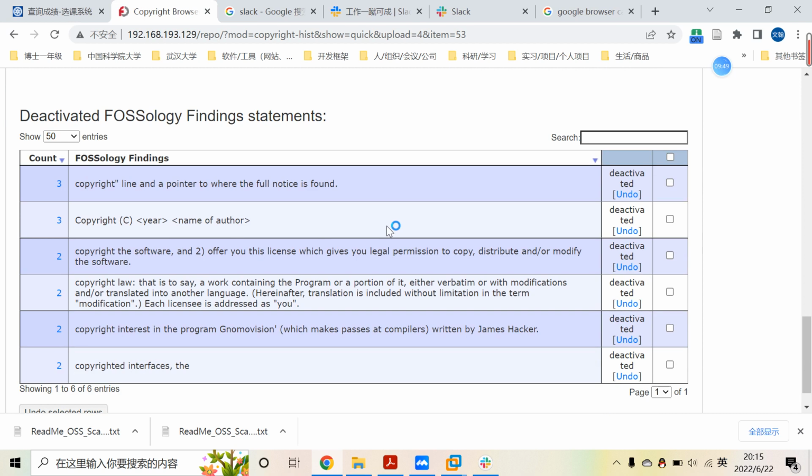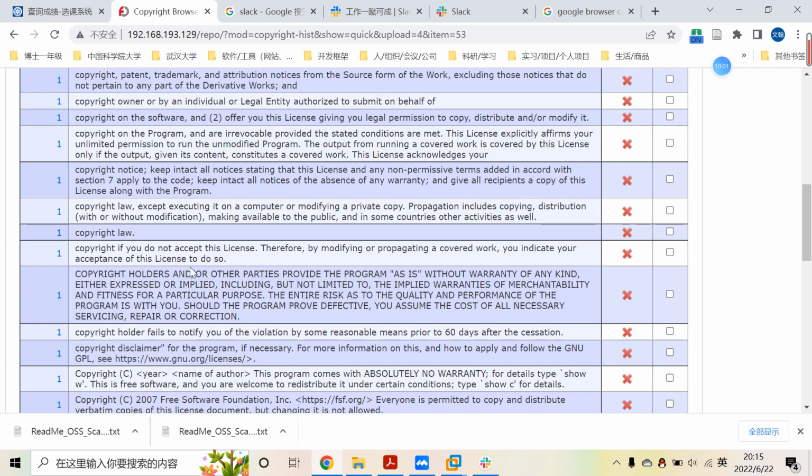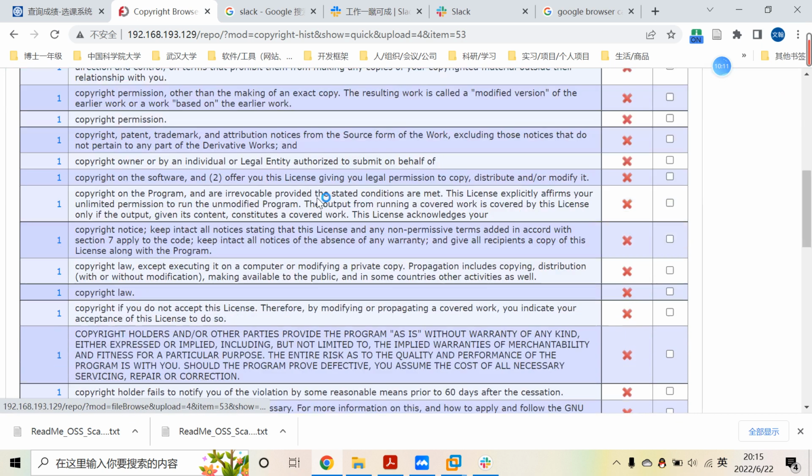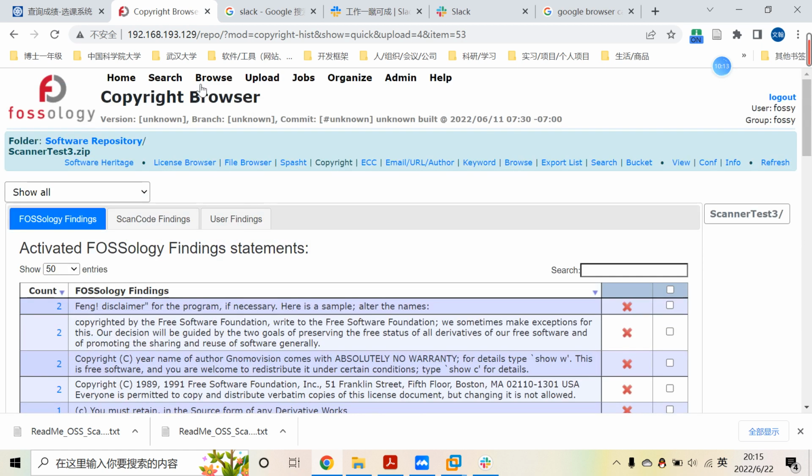And all the information we just clicked has been moved to the deactivated findings statements. And in the active statements, we can see the statements that have been modified. And then if we go to browse and